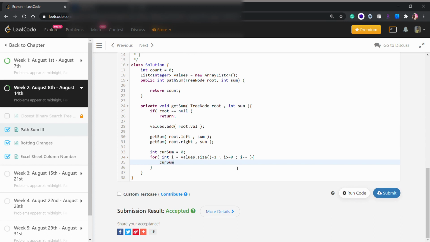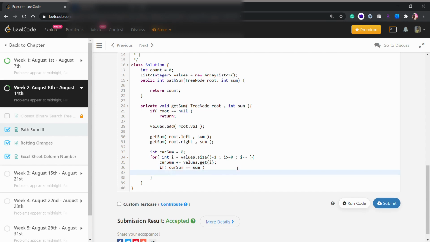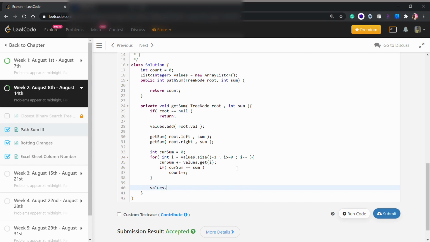We will do currentSum plus equals values.get(i). We will add it and check if our currentSum equals the sum given to us. Then we will increment the count, and after our loop ends we will remove that last value, values.remove(values.size() minus 1).